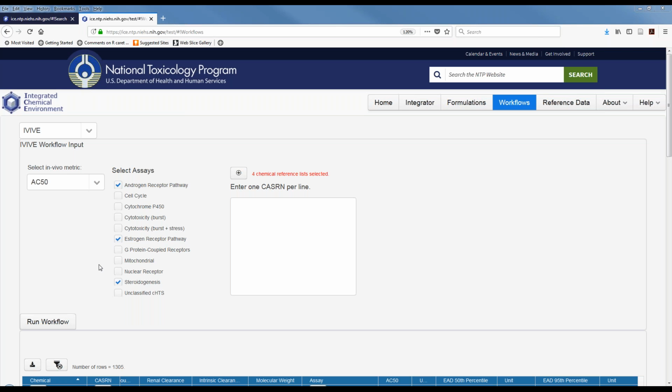I have a workflow developed that allows users to go from ICE data to the AOP Explorer, so they would be able to take the results from Aquaria and ICE, send them in, and map them onto the AOPs that were available in AOP Explorer by the key event relationships.